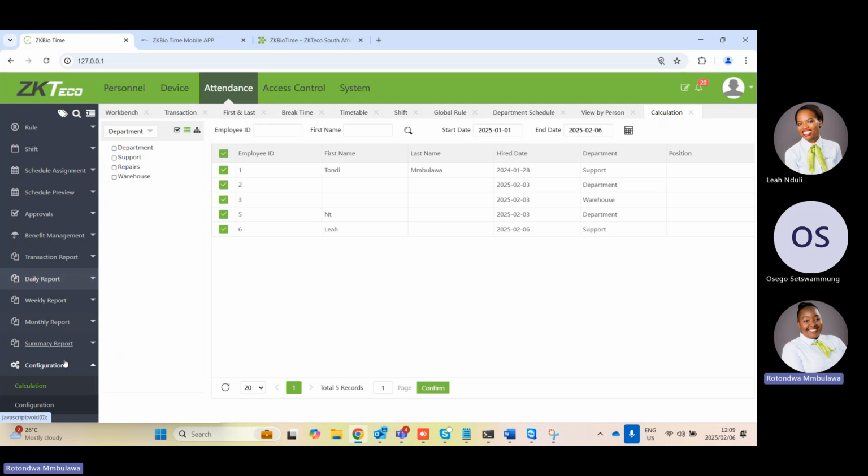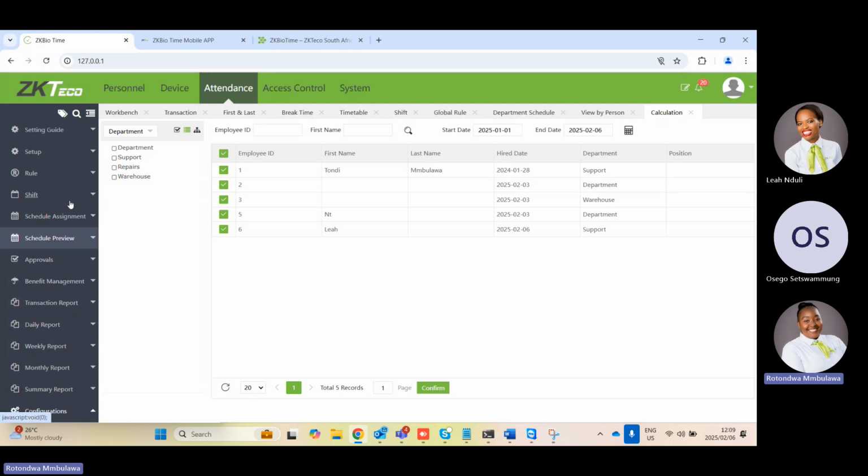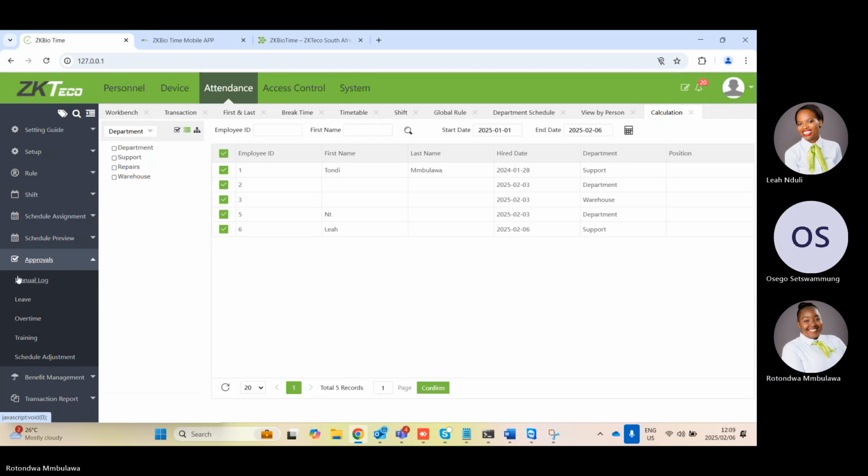Before we go to those reports, I would like to quickly share something with you. Approvals. We have what we call manual logs. Manual logs are the logs that you can add, for example, when the